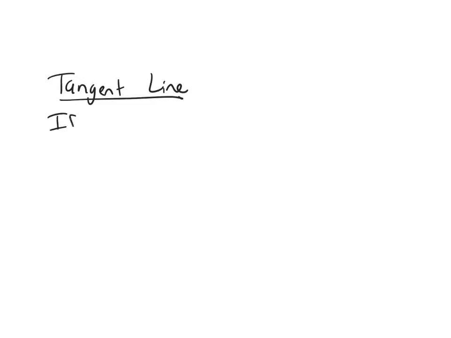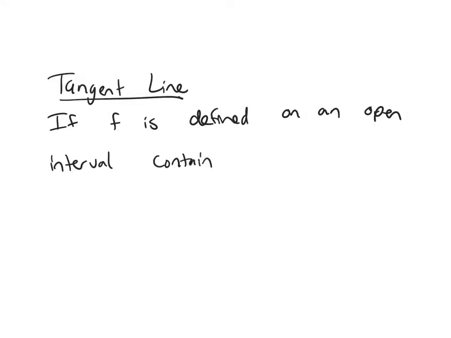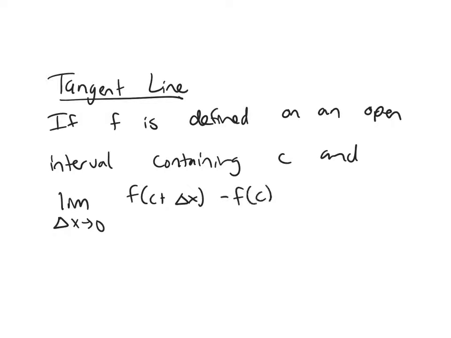So if your function is defined on an open interval containing c, and the limit as delta x goes to 0 of our difference quotient, f of c plus delta x minus f of c, over delta x, if this limit exists, and I'm going to call it m, exists,